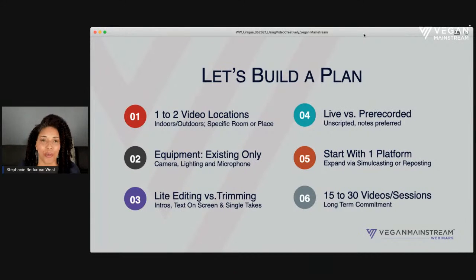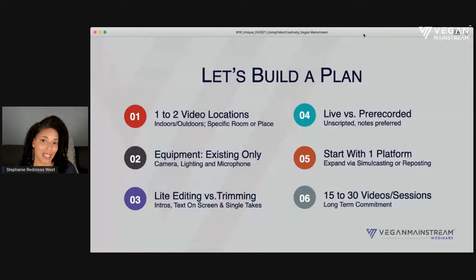The first thing you want to think about for your video is, what location are you going to do your videos in? Now, I know that sounds very basic, but the reason I bring this up is, depending on your location, that will dictate what kind of equipment you need. Because if you're going to shoot a lot of your videos outside, then lighting is not a huge challenge for you. Lighting may not be a big issue, and you may not have barriers as far as equipment if you're going to be shooting outside.